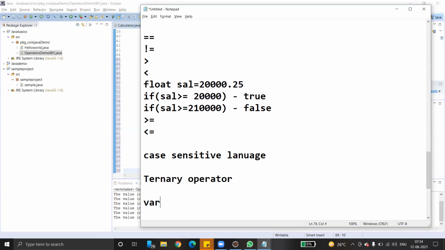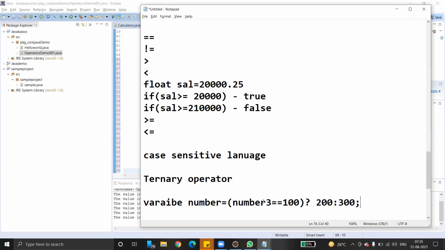For example, we have variable number1, otherwise number equals, and we give an expression here, like number3 equals 100, question mark, 200, colon, 300. If the condition is true, it takes the value 200. If the condition is false, it takes the second value, 300. That's all.